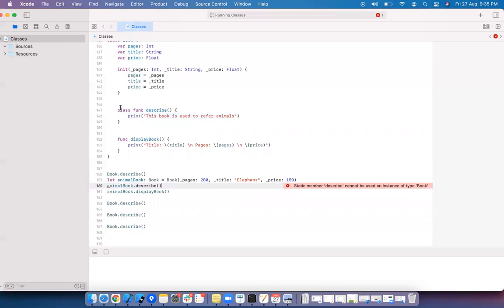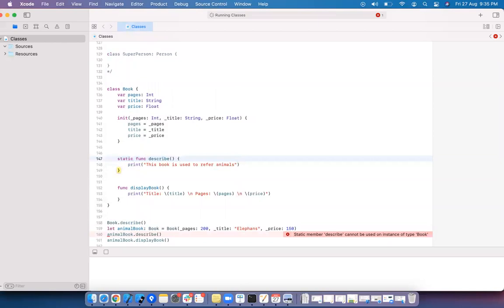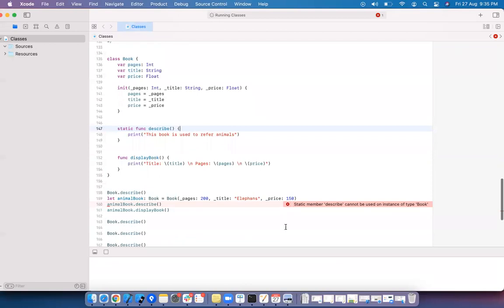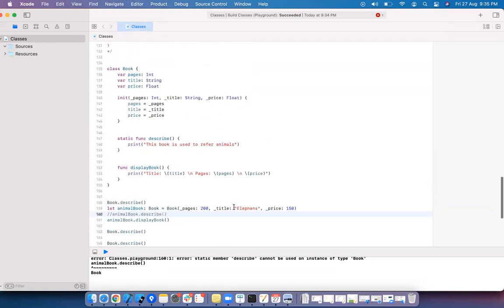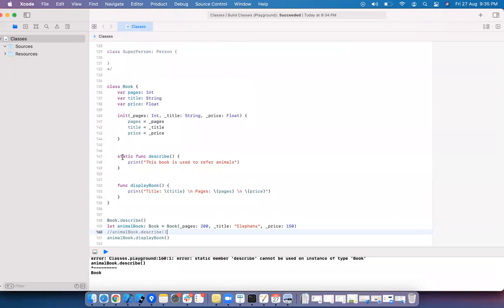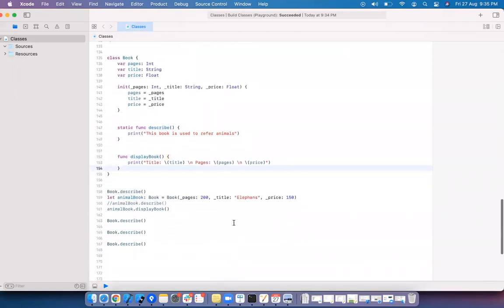This is a static member. Static means class. You can also use static. We have a separate keyword, static. Both are the same. Static or class, you can use anything here. Okay, how do you create a type method or class method? You need to use the static keyword or class keyword to create class methods. Instance methods are default methods. The differences are clear: what is the instance method and what is the class method.